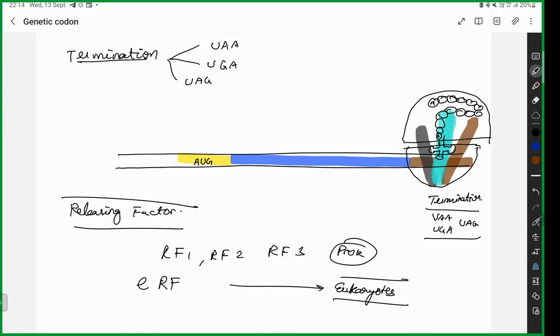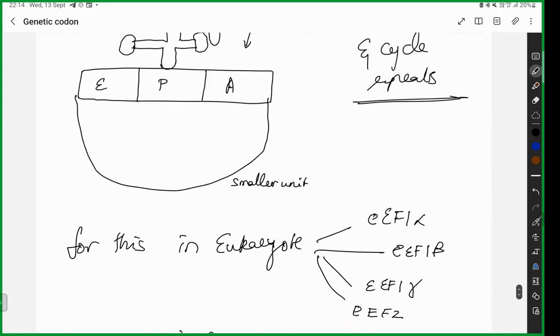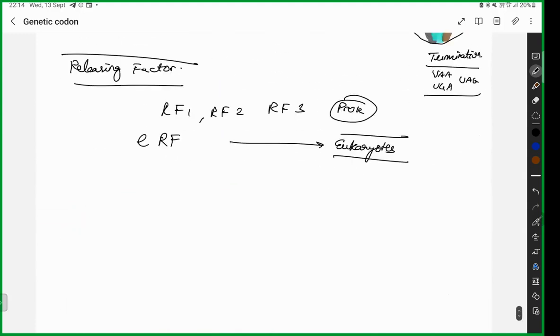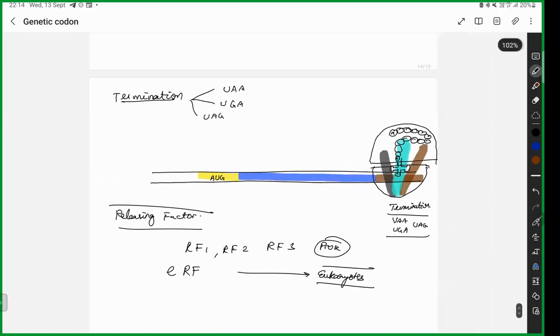Okay. So translocation in prokaryotes, I told you, is done by EF-G. Who is going to do it in eukaryotes? In eukaryotes, it is going to be done by eukaryotic elongation factor 2. That's what you need to understand. So once it goes to the terminal site, what happens? It is automatically going to cleave away, and you have a very beautiful enzyme or protein structure coming out of it. This is what you all have to know.